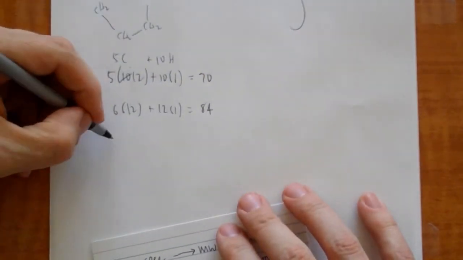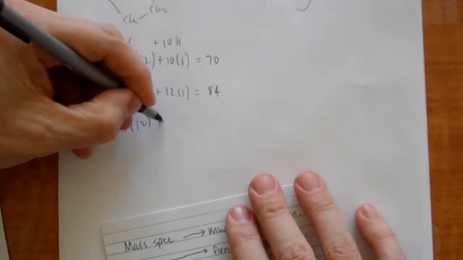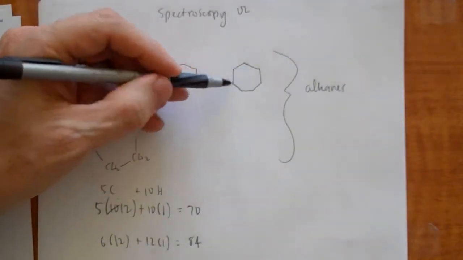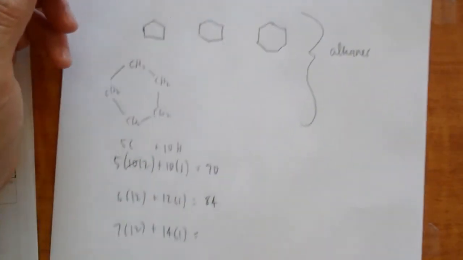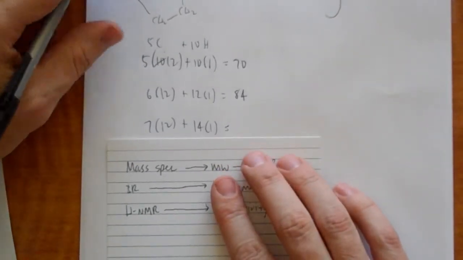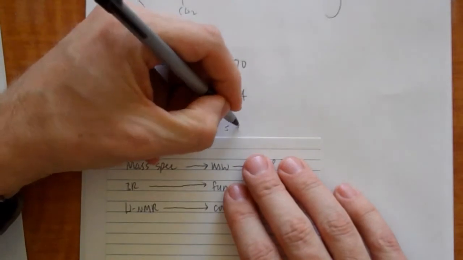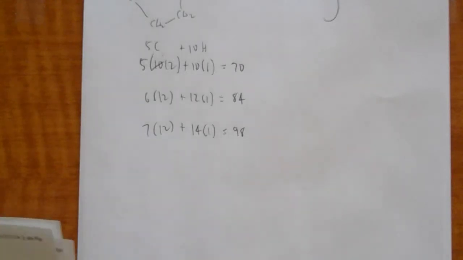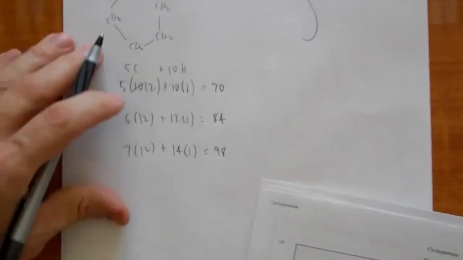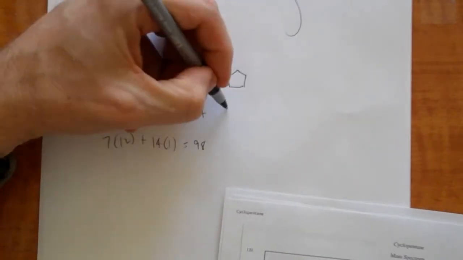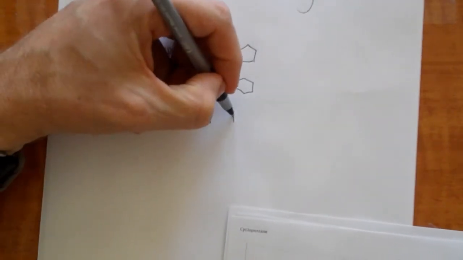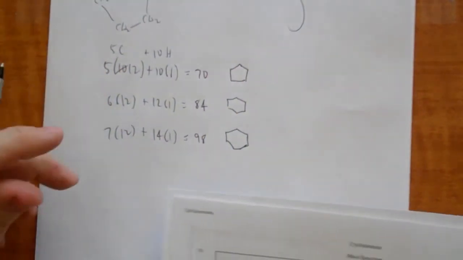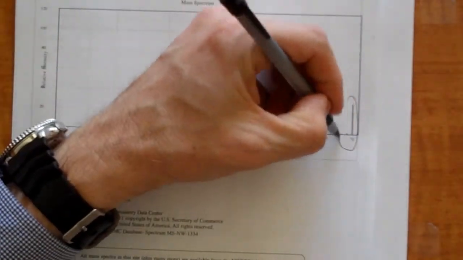Okay, and then cycloheptane, 7 times 12 plus 14 times 1. Right? Can you see that there are 7 carbons in here, and each one of them has 2 hydrogens on it? That's why we're getting those. 7 times 12 is 84, plus 14 is 98. Okay. So they should have different mass spectra. Let's look first of all at the cyclopentane one, just to give a visual. Okay, cyclopentane, there's a peak at 70,